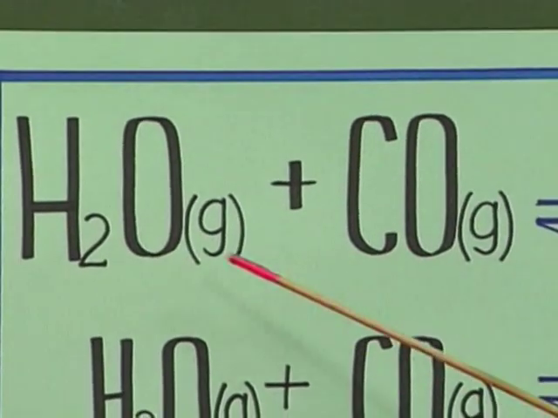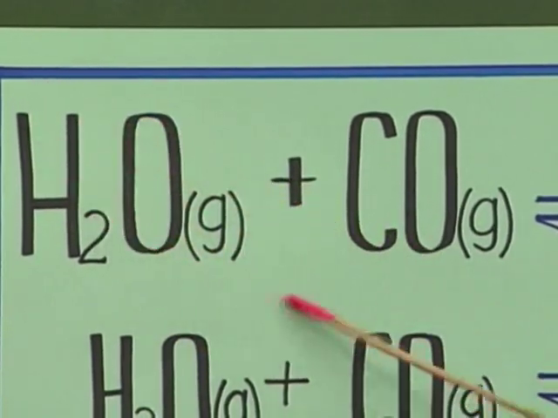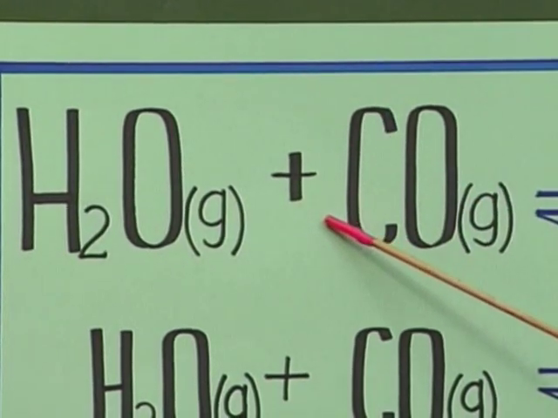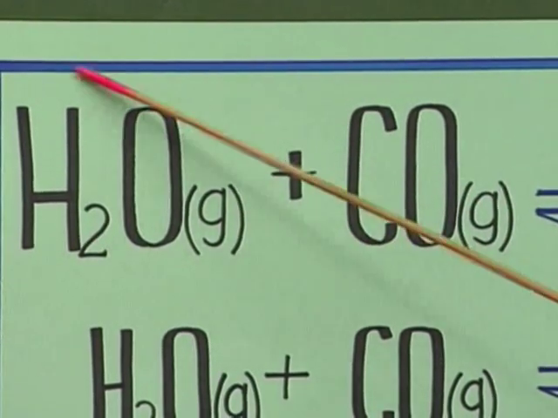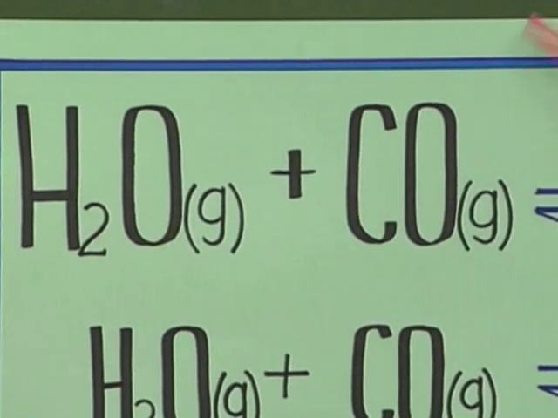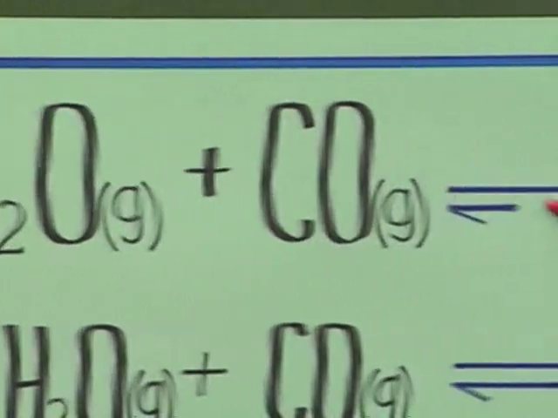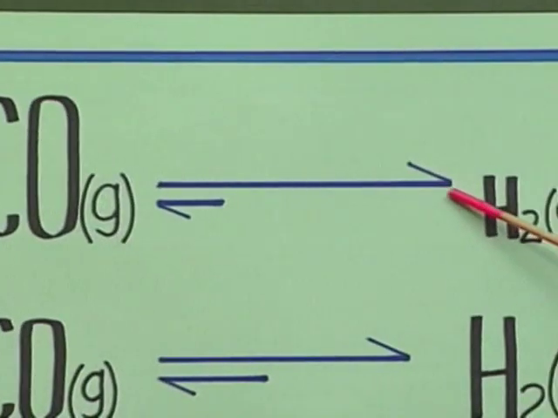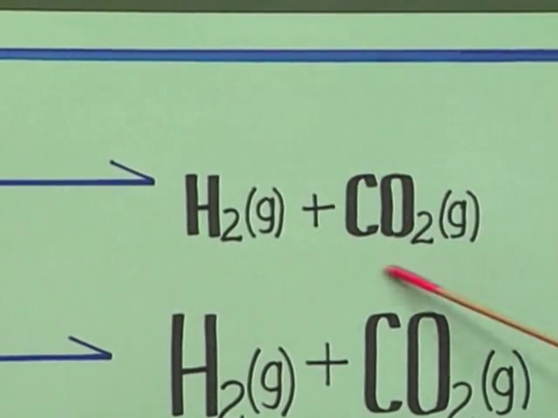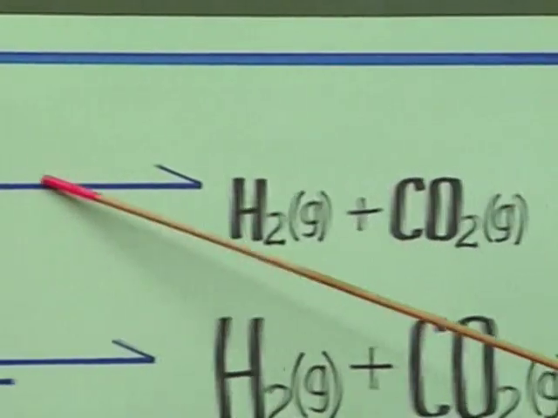Let us start the reaction with only water and carbon monoxide, both in the gaseous phase, present in a closed container. Since the concentrations in mole per decimeter cubed of the reactants will be high in the beginning, the rate of the forward reaction will also be high. But since the concentrations of the products will be very low in the beginning, the rate of the reverse reaction